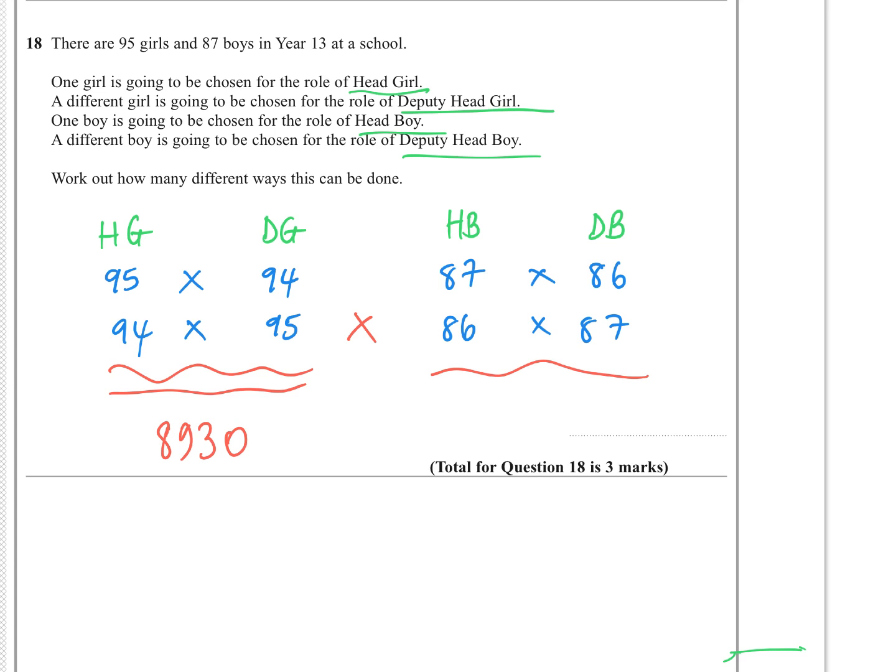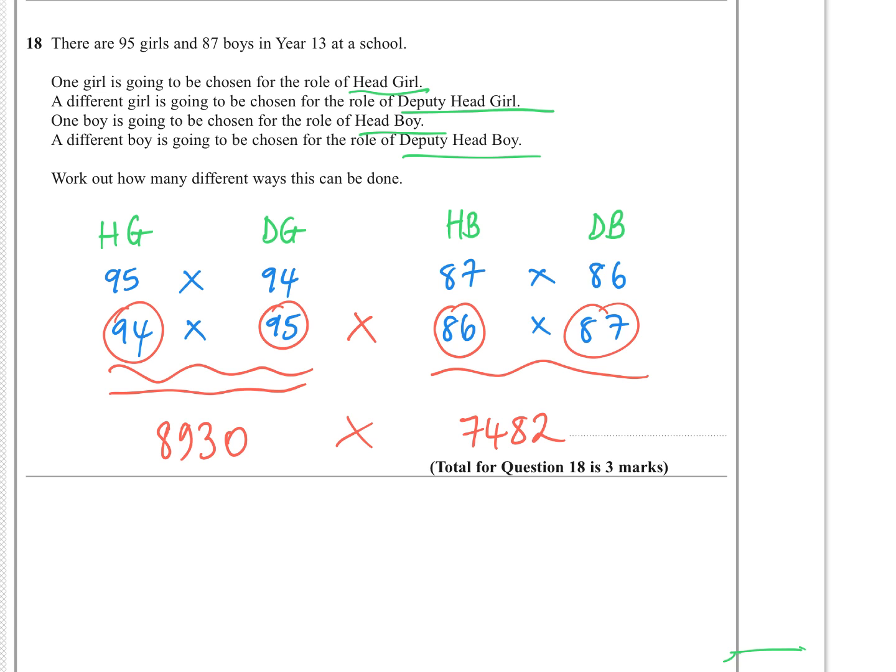And then if you did the boys straight after having chosen the girls, you'd have 86 times 87, which is 7,482. Now, you could have chosen head boy first and then followed that by deputy girl, then deputy boy, and then head girl. That would have still given the same answer as 8,930 times 7,482, which I get as